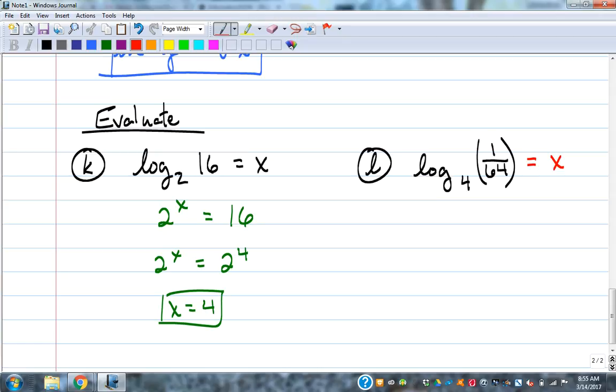I don't know what. I don't really have a favorite letter. X I use a lot, but